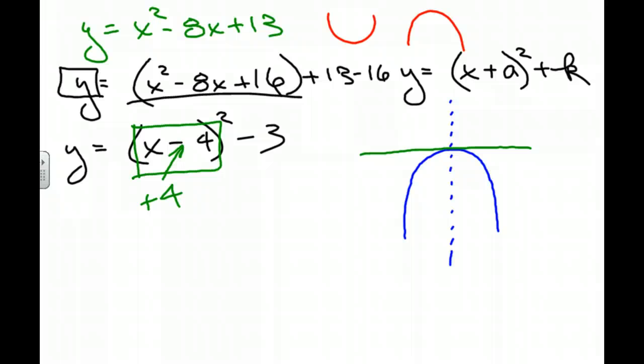You don't have to understand any of that. All you have to know, Madison, is what number is going to make that 0. That's all you need to know. Actually, all you need to know is take this number and change its sign, and you've got your vertex. And that's my vertex. Okay? So I know that this vertex is